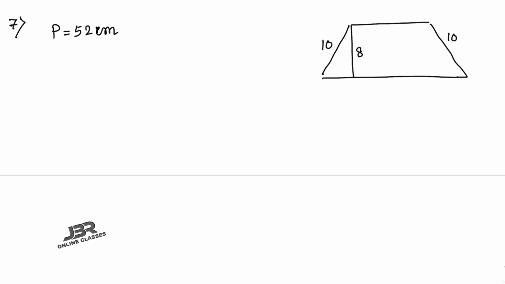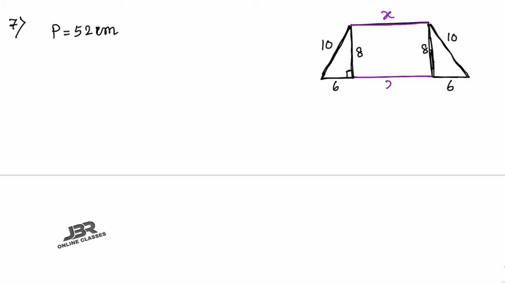So now you can draw another height, which is also 8. From this triangle, the left one, the height is 8 and the hypotenuse is 10, because that is a 90 degree angle. So 10 square means 100. Now 100 minus 64 equals 36. So this portion equals 6 only. As well as from the right one also, in this triangle, the base equals 6, by applying the Pythagoras theorem. I hope it's clear. The upper one and this one will also be equal.